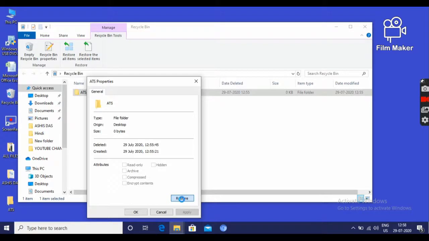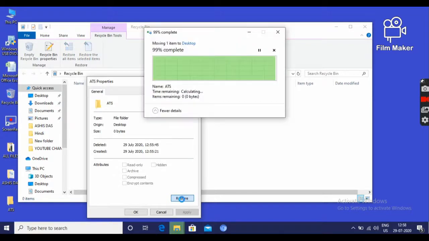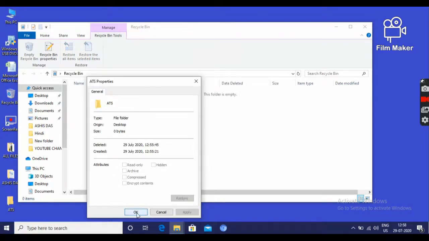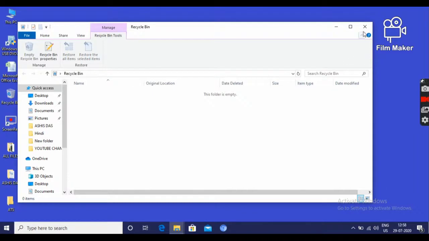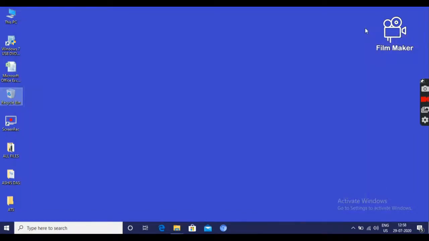It will restore from where it is deleted. Then click on OK. Then go to your desktop. It is here. It is all about your recycle bin operation.